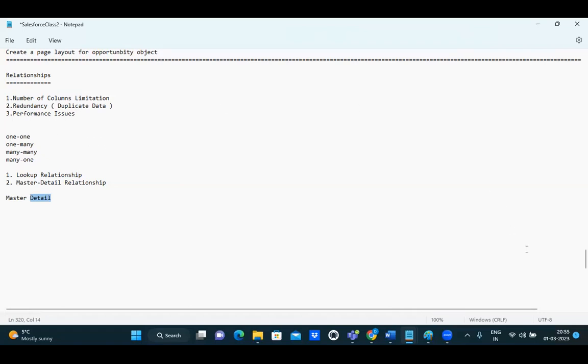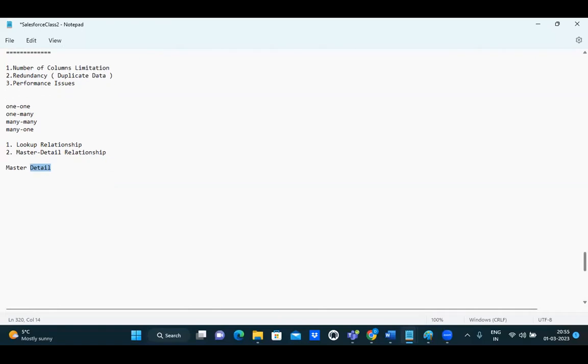So we will discuss more on the relationships again tomorrow: lookup, master detail, and the other two, hierarchical and external, as well. And for today, as an assignment, please create